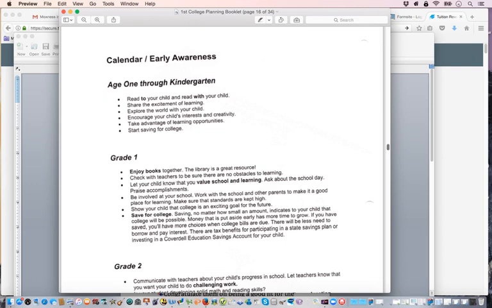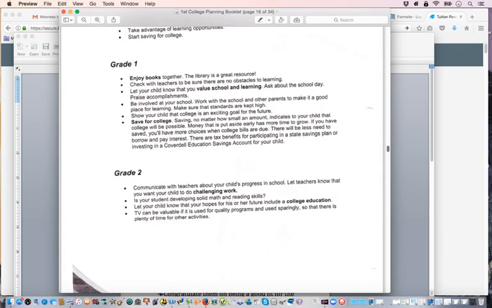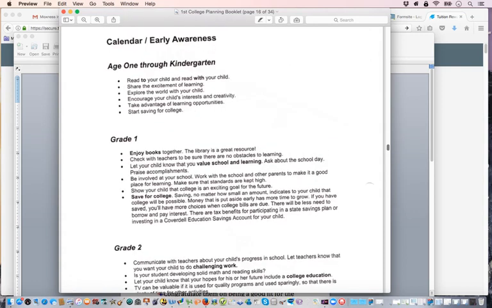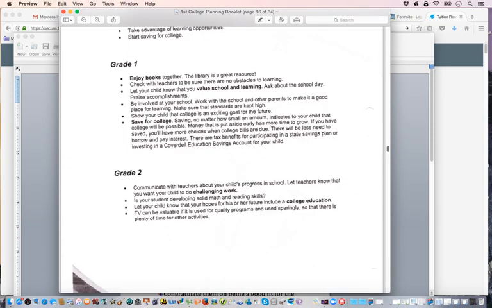And as you can see in here, we have some like a roadmap or system of what you can do from the first grade. If they're age 1, you can read books to them, share excitement about learning, and explore the world with your child. And then also in grade 1, you can kind of introduce them to more books, see if the teacher has anything as far as learning styles that they can do. Praise. I always want to praise your children for doing well on their homework or coloring and stuff like that.